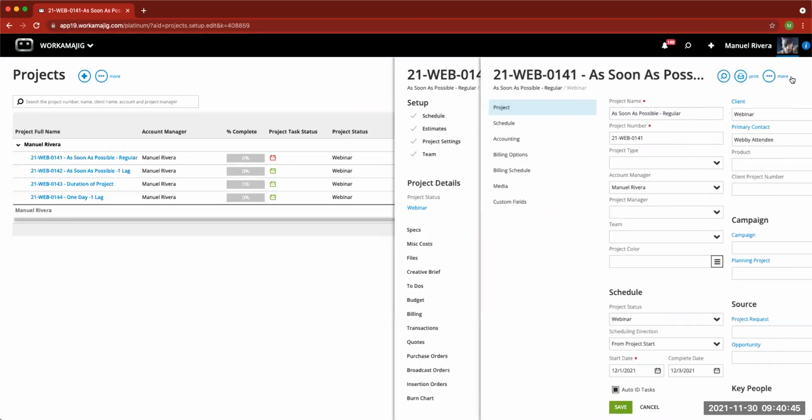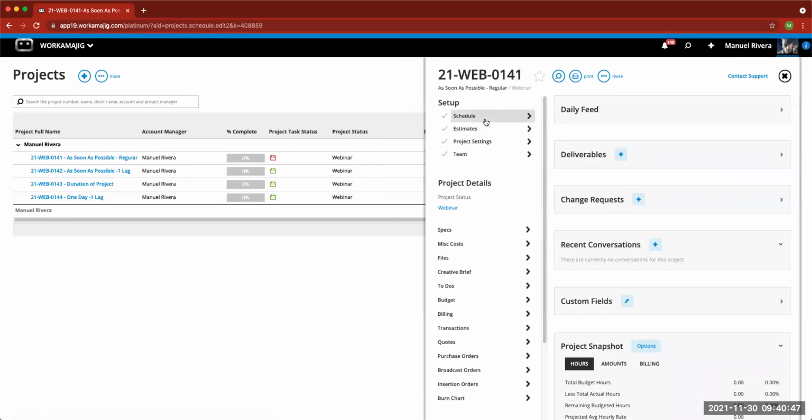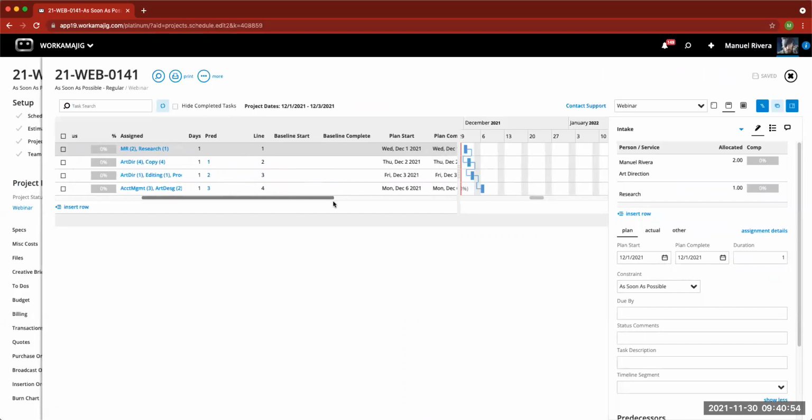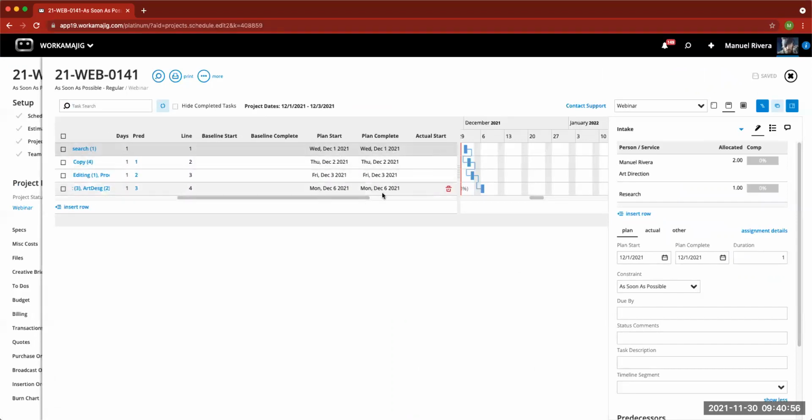I can go back to my schedule, and then you can see that my date has now moved to the 1st. And if I go to my tasks, they have also updated, okay? So that's what is the design, right? So that's a great question from Giovanni there, to change and update your tasks that way. Now,